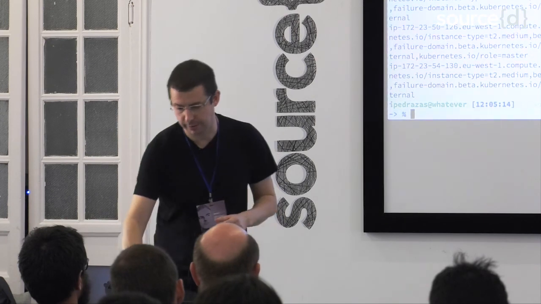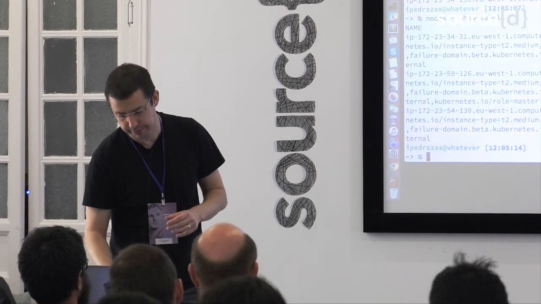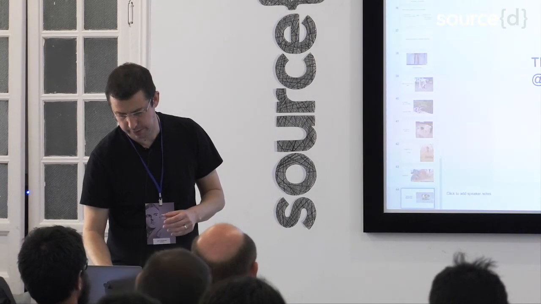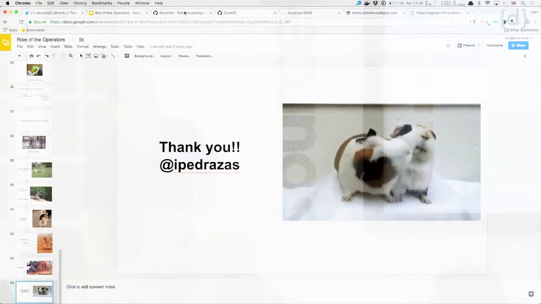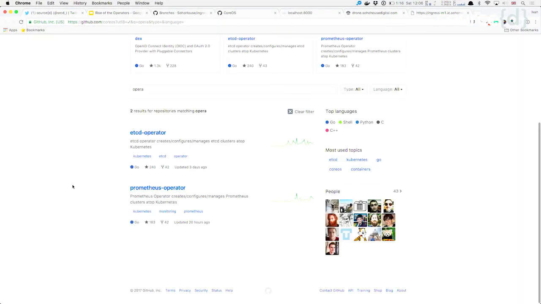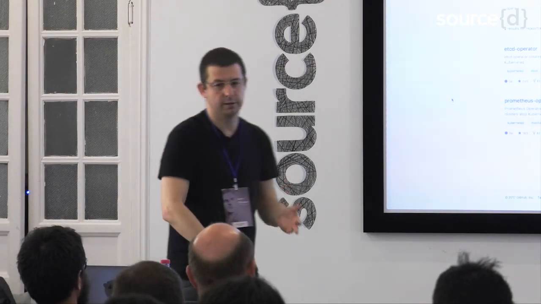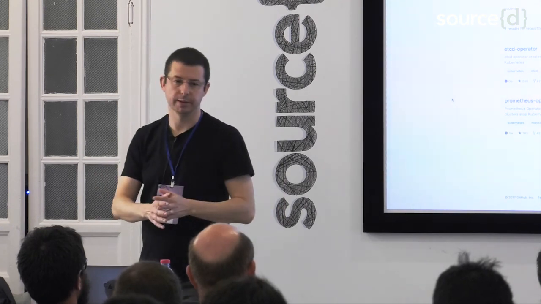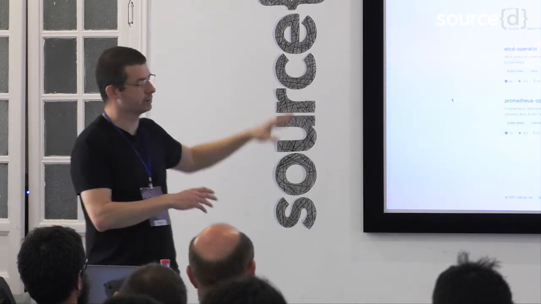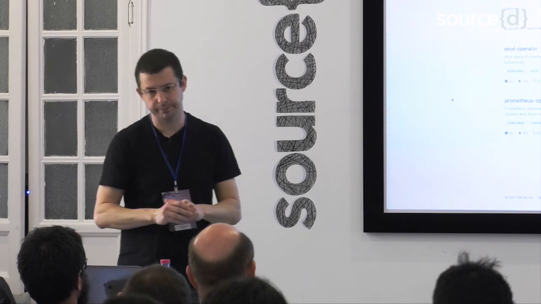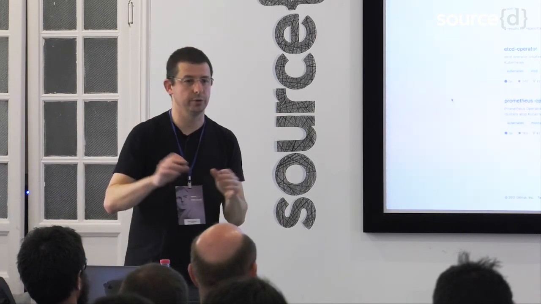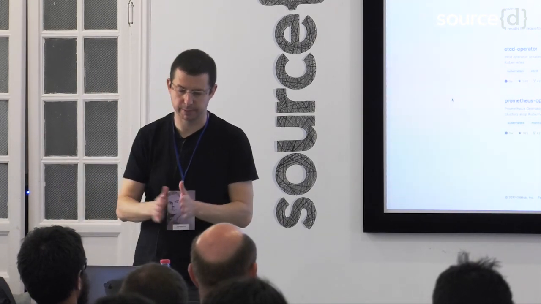It's like the etcd operator that I showed from CoreOS. These ones, that's what they do. They do a few things. They start things in a specific way, and if one dies, I will make sure that the other one is joining the cluster in a specific way. Things like Cassandra and Neo4j and stuff like that, it's very particular, and at the end, you write something that helps you. But if you want to know a little bit more, I can show you other things, and I can explain a little bit better how it works.